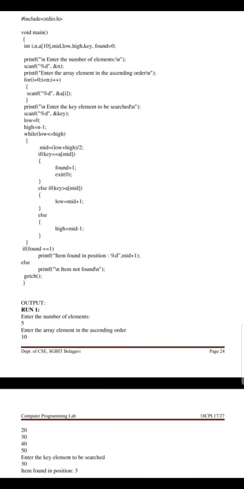So next what we need to do, we know that mid is 7 and we need to compare the key value with a of 7. What is the key value? It is 23. In a of mid, what is the middle number? It is 7. A of 7 is 56. 23 is it equal to 56? No, the condition is not satisfied. Then you should move to the else if condition.